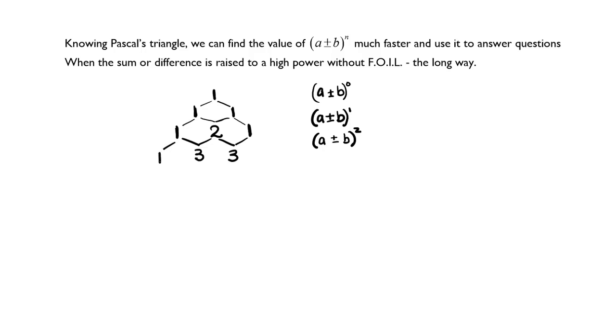We can bring the 1 down and the 1 down. And this represents a plus or minus b to the 3rd power. Now if we wanted a plus or minus b to the 4th power, we would have